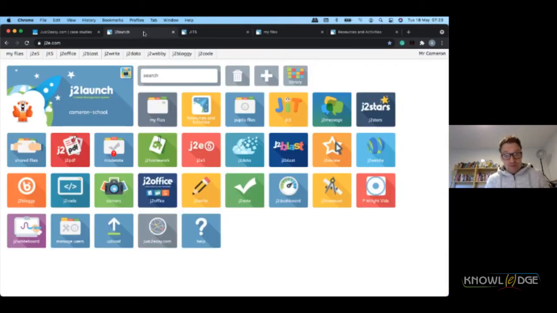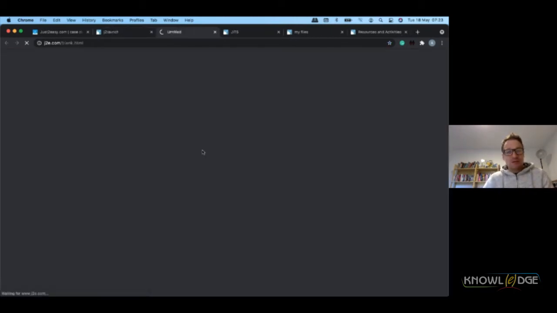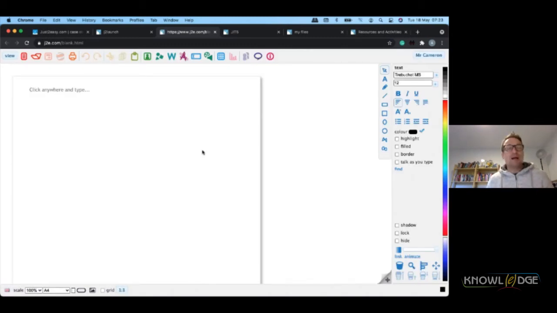So those are the tools for really young learners, and those are being used by children all over the world from the age of sort of 4 or 5 years old upwards. I'm now going to move into another tool, which is a surprising tool for maths, but it's a desktop publishing tool with maths tools built in. It's called digital paper, and it is simply a blank canvas for creating all kinds of work.